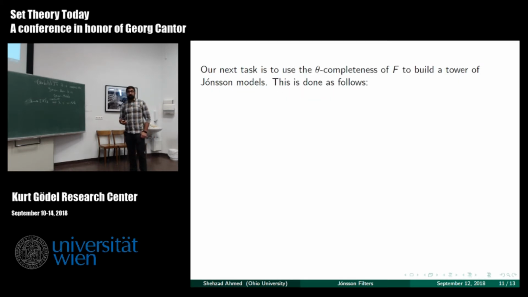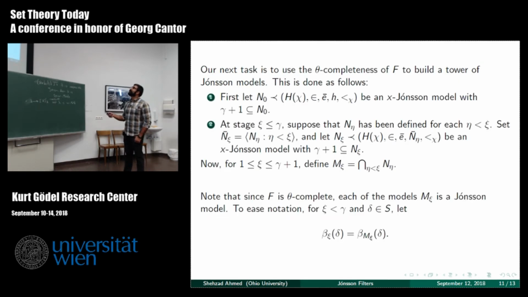So this is where we use our Jónsson filter here. Here's the obligatory technical jargon, but the idea is pretty simple, right? We just build a tower of Jónsson models. N0 is just elementary in H chi. Oh, this H shouldn't be here, I'm sorry, I didn't define H, my bad. Anyway, it's not important. So anyway, it sees that club sequence witnessing the rank of S, and then each successive stage,